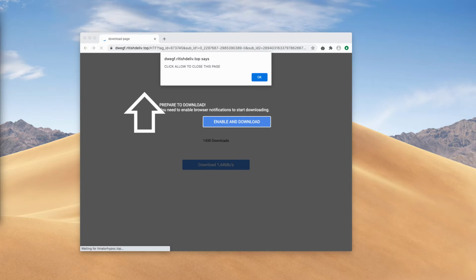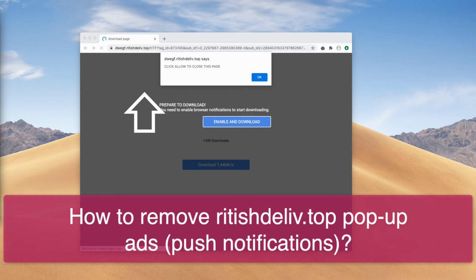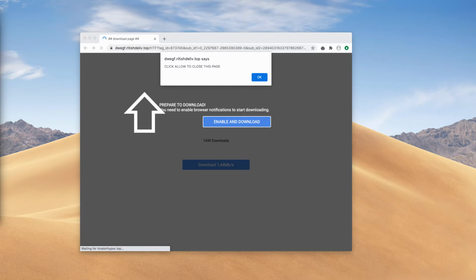Hello guys, this is the video guide that will provide you with instructions to remove ritishdeliv.top pop-up windows from your browser. These particular pop-ups are extremely dangerous, and their mission is actually to infect your browser with the feature of excessive